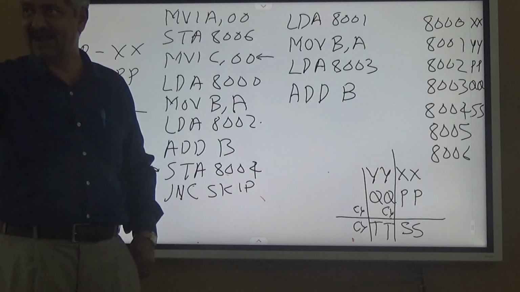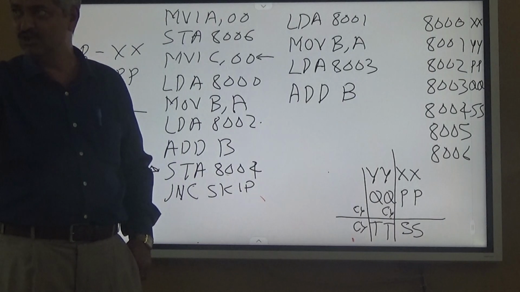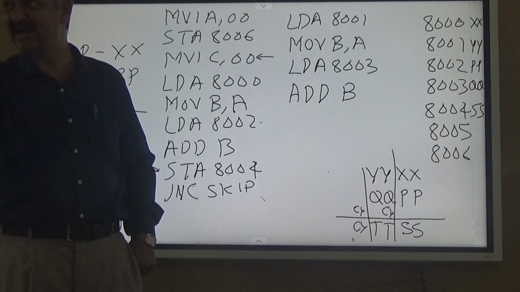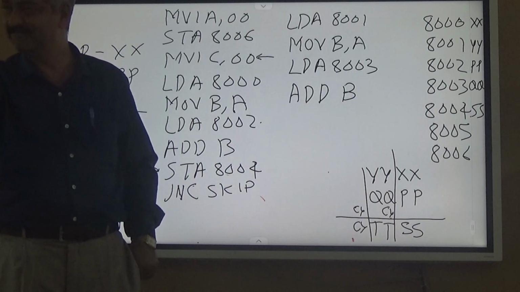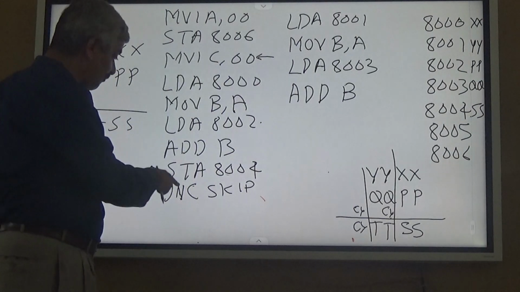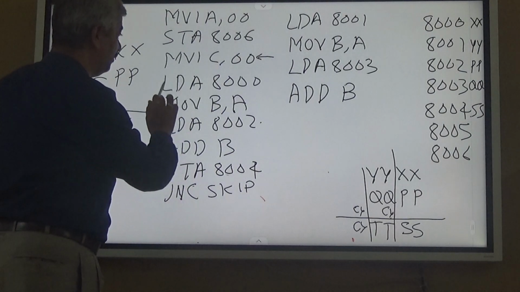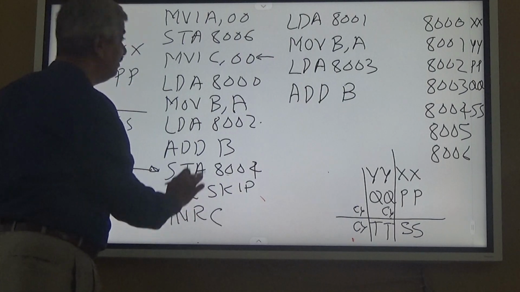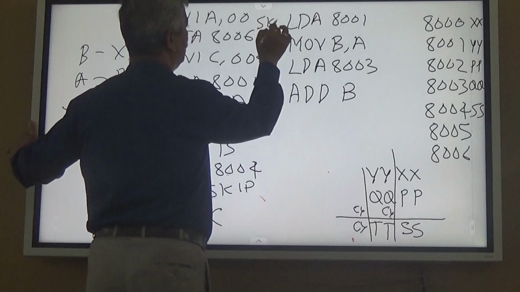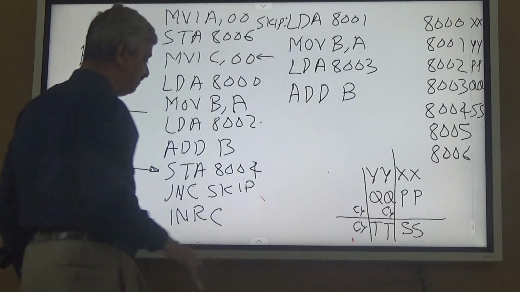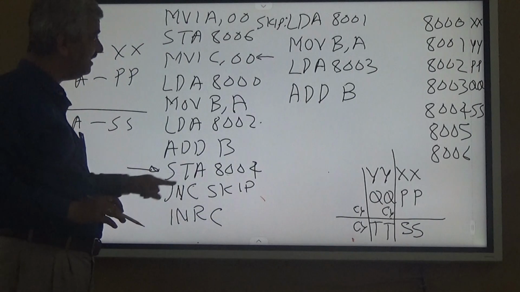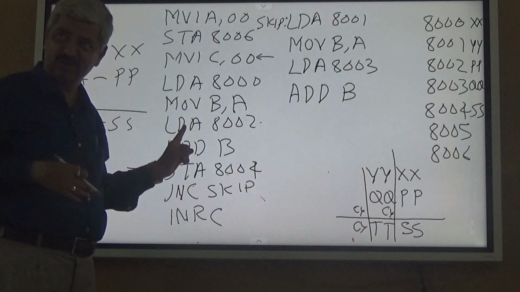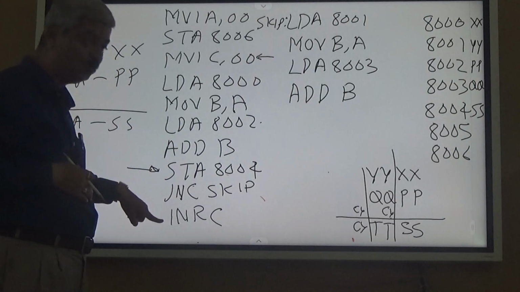Addition of the higher byte is not only 2 bytes, it's 2 bytes plus carry. It's 2 bytes plus a third byte which is a bit. So what I do: jump on no carry to skip, and here I make INR C. So I come here. When I have come at the label skip, I have come either directly if carry was not there, or I had come through C,